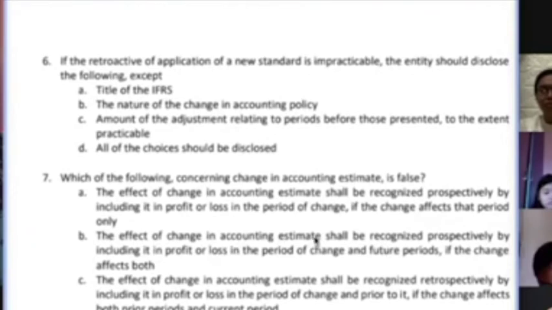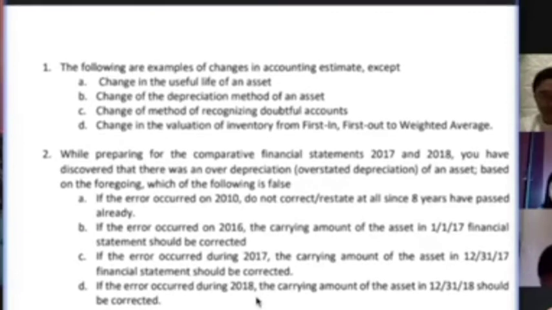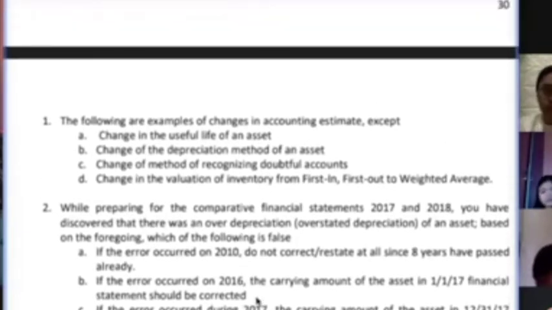But again, what's common between the two is that you do not apply it retrospectively. You do not apply it to the past periods. Do not touch anything from the past, class. Only apply it now and or in the future. Okay? Let's have number 1 for 5-3, group 3.